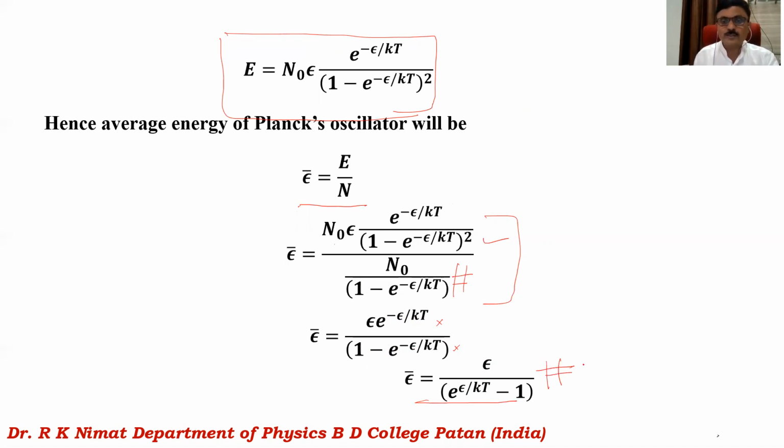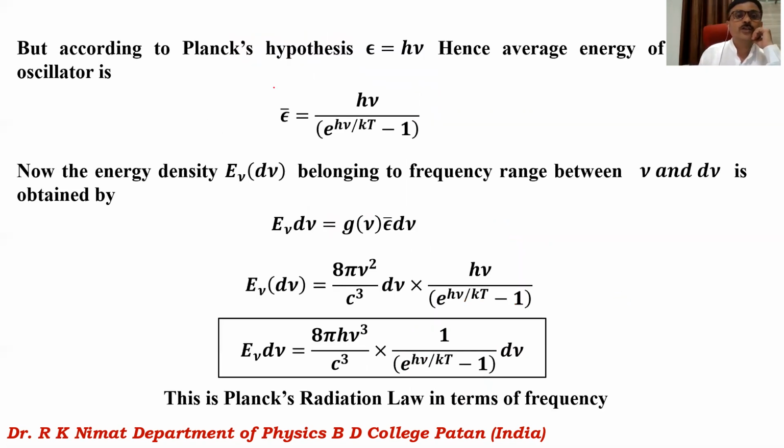But according to Planck's quantum theory, the energy of the oscillator is given as E is equal to epsilon is equal to h nu, that we have stated in the hypothesis. Hence we have to use epsilon is equal to h nu, because the energy of a single oscillator is given as h nu, and therefore the average energy of the oscillator will be epsilon bar is equal to h nu divided by e raised to h nu by kT minus 1. So this is very important. This is the trick, the different thing that Planck tried, and he obtained an expression for the energy density in order to explain the behavior of the black body radiation spectrum.